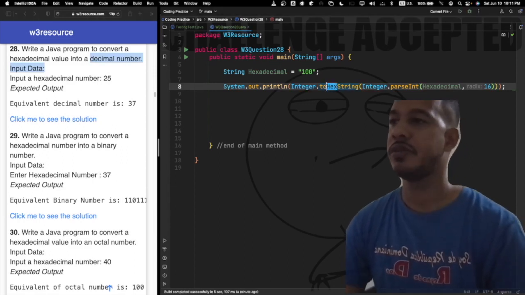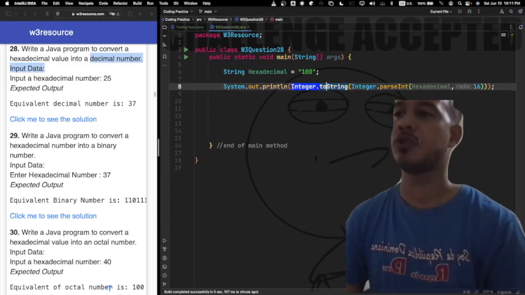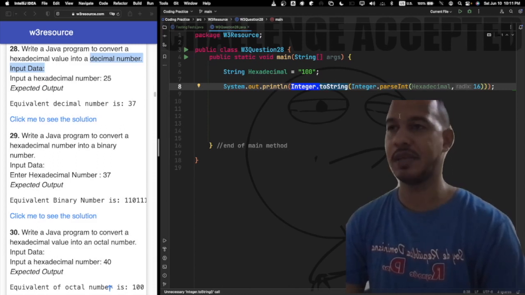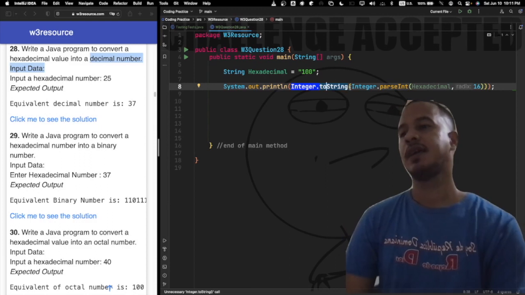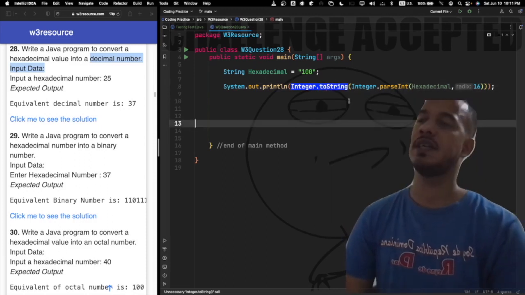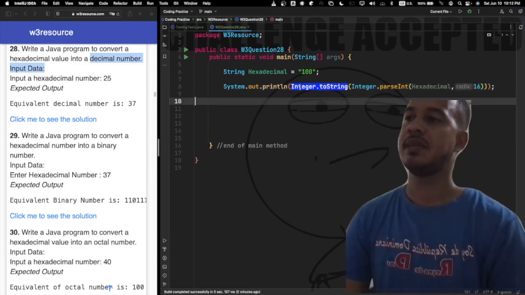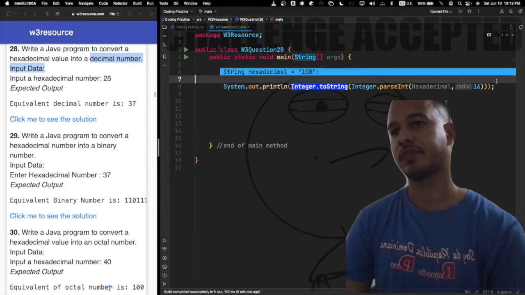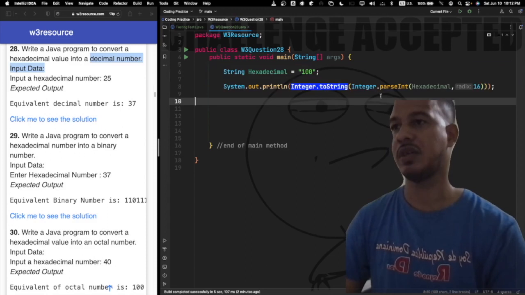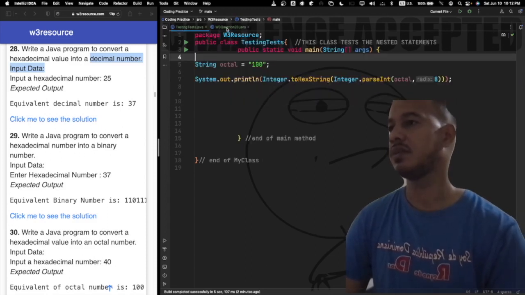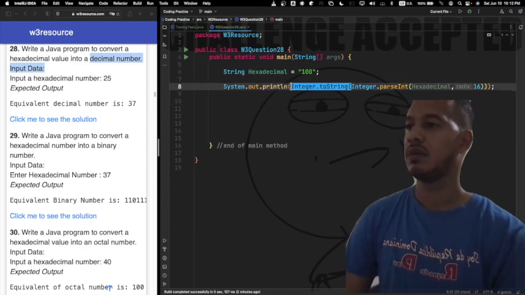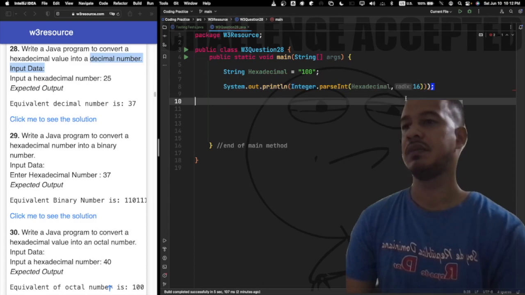Now we're supposed to return a decimal number. So we could use the toString method, and it would just give us the right answer. But this toString method is redundant in this code. Let me first copy it. And oh, I'm already doing it on question 28. Okay. Because we can return